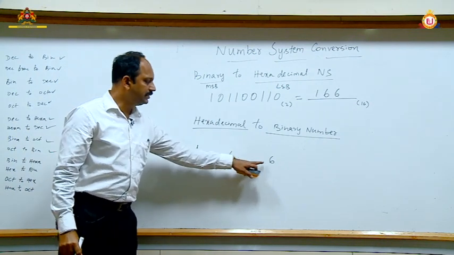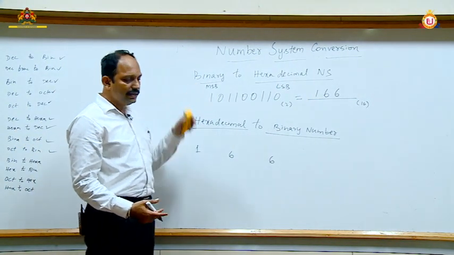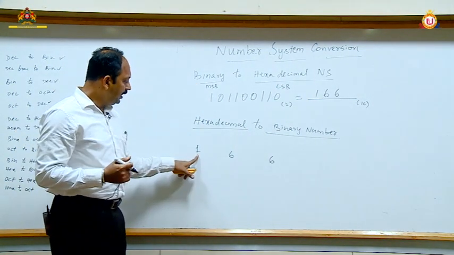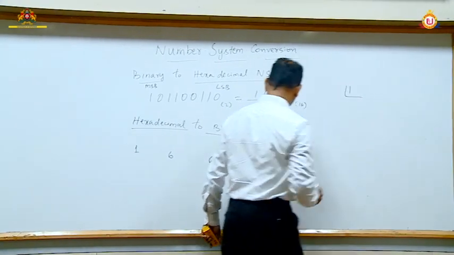So 166 can be converted very easily into a binary number. So take each digit. So 1,